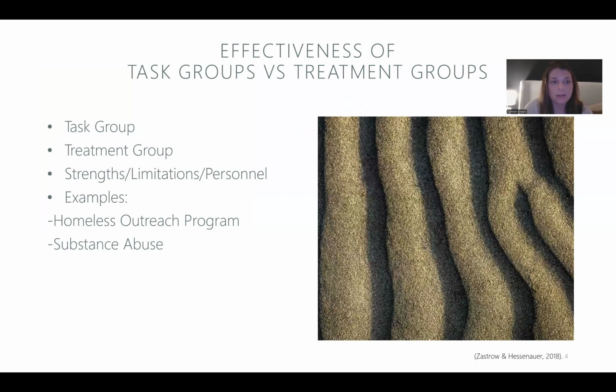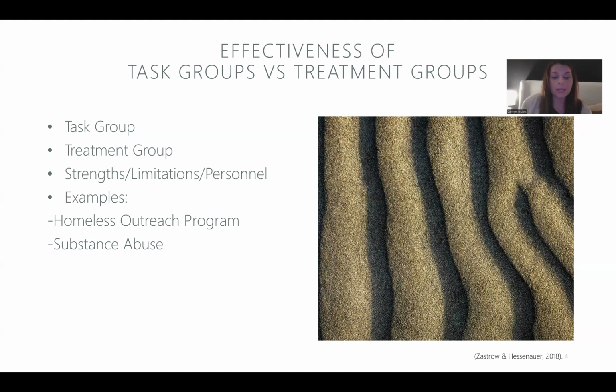There's different motives and bases for each of the different types of groups, and we're just going to talk about two types of groups here. So, two common types of groups in the social work realm are task groups and treatment groups. A task group is specifically created to accomplish a specific set of tasks or a certain set of objectives, and this can be in situations like social workers that are involved in administrative groups or committees within the workplace set to accomplish tasks related to upcoming events or policy implementation or document writing.